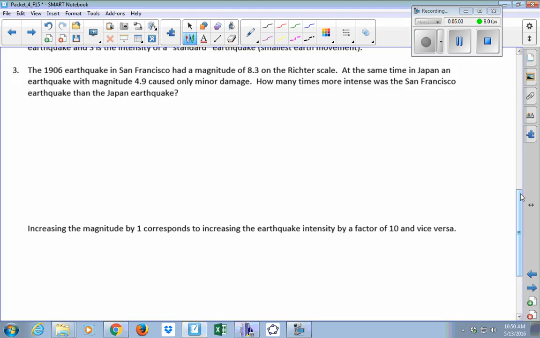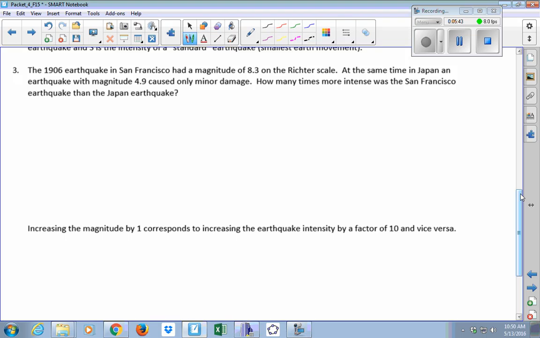It's really interesting to try to look at what we think is the earthquake that had the highest magnitude. That seems to be a little bit up for debate. But anyway, 8.3 is pretty serious. And if you go online and look at information about the earthquake that hit San Francisco in 1906, it totally devastated the city, flattened it, burnt it to the ground. At the same time, as the waves from the epicenter spread west to Japan, the magnitude measured in Japan was 4.9, which caused significantly less damage.